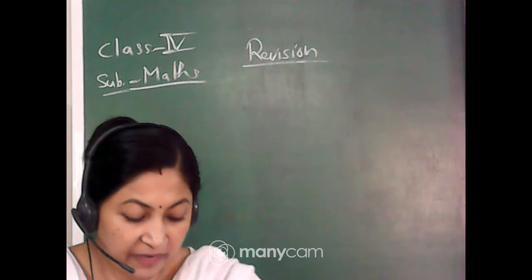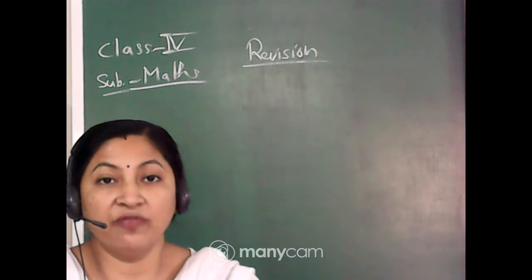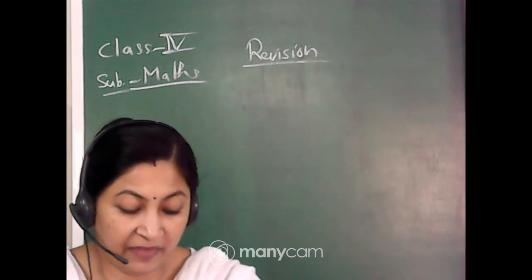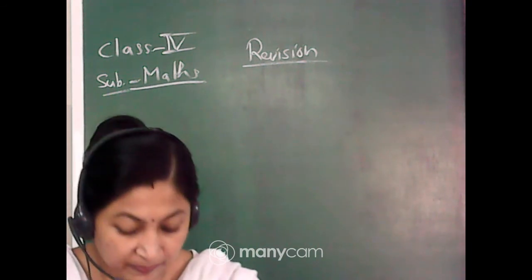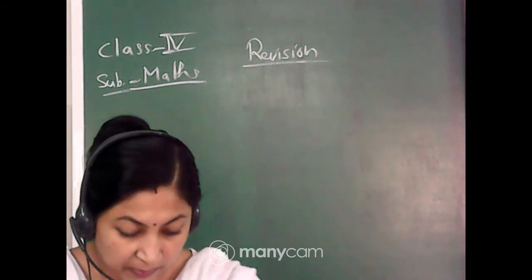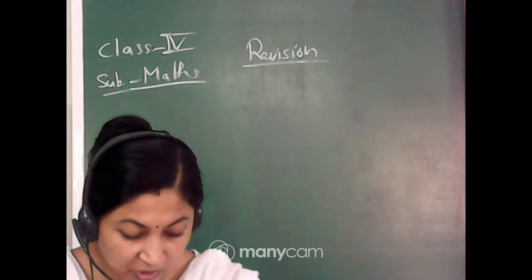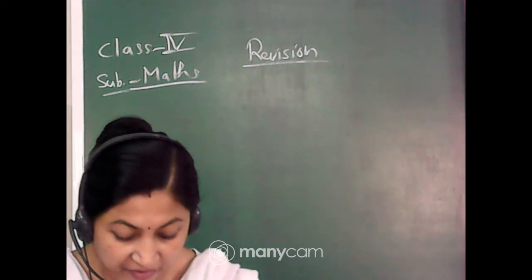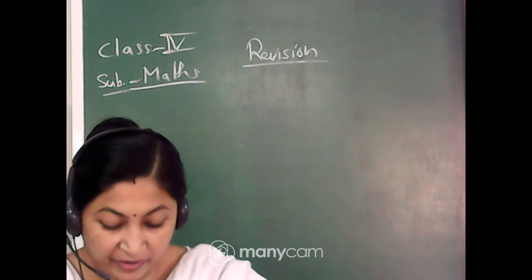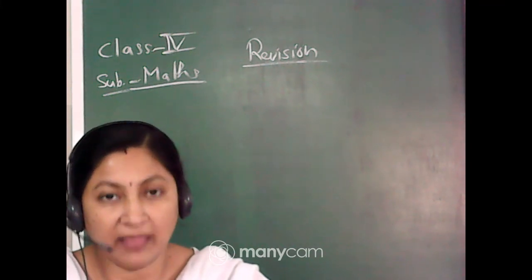Today also we will do the revision, and I want to do the revision from Math Magic, that is chapter number 11, tables and shares. So this is chapter 11, tables and shares. Come to page number 123. On page 123, some questions are there that we will practice today.